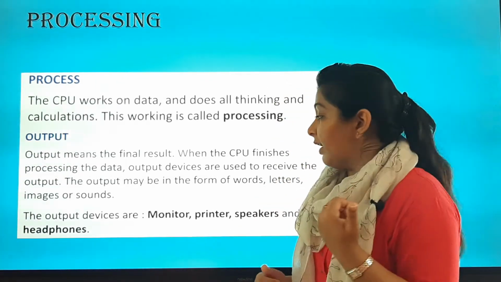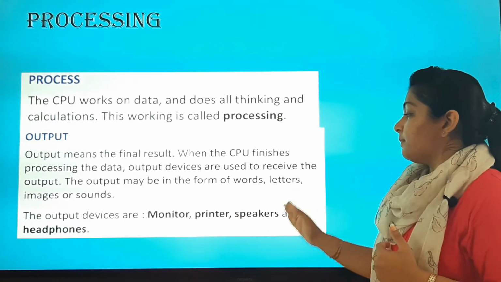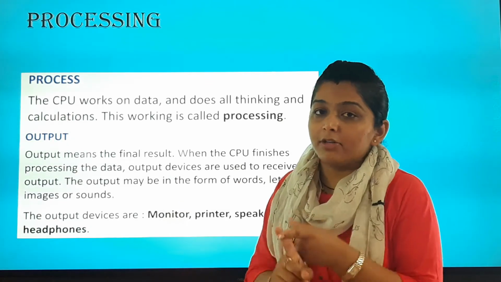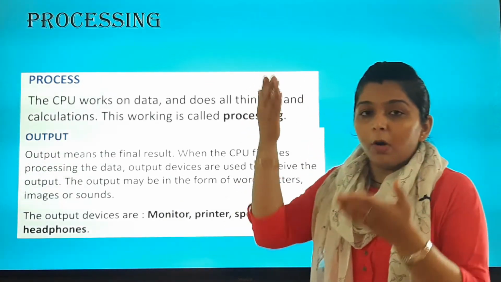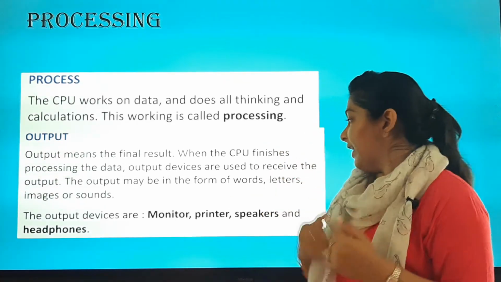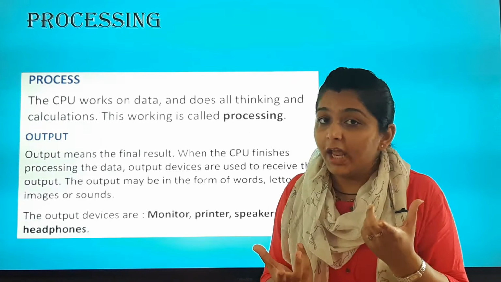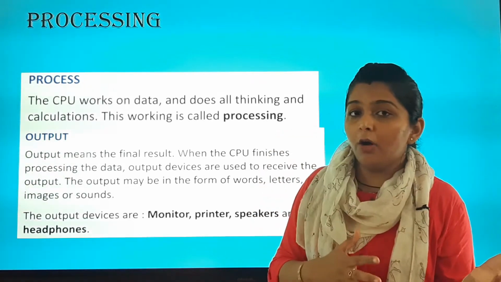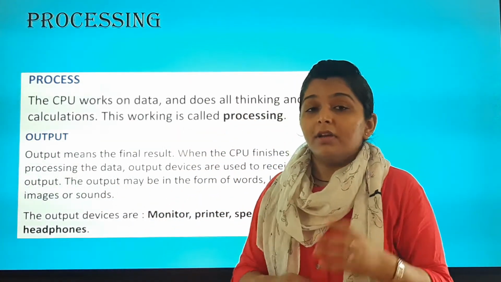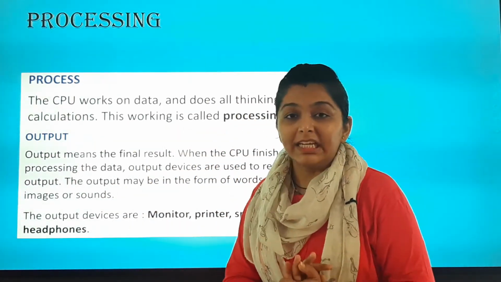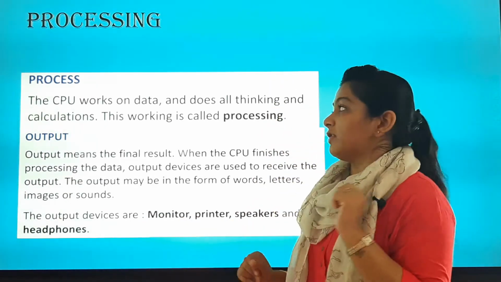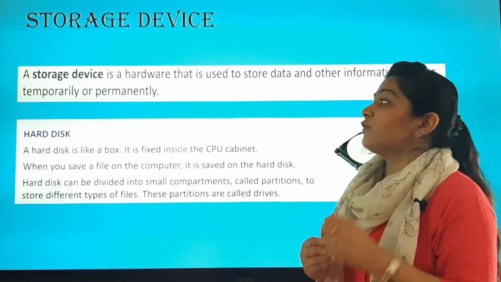Now what are the output devices? Monitor, printer, speakers and headphones. Monitor is like a TV screen, we get the desired result. Okay, printer हमको hard copy में मिलता है. Okay, we get it. It is also an output device. Speakers हम सुन सकते हैं, with the help of speakers we listen to music or sound, that is also an output device. And headphones, we can also listen with the help of the headphones. Clear? You have to learn these 4 names, what are the output devices and what are the input devices. The next is the storage device.